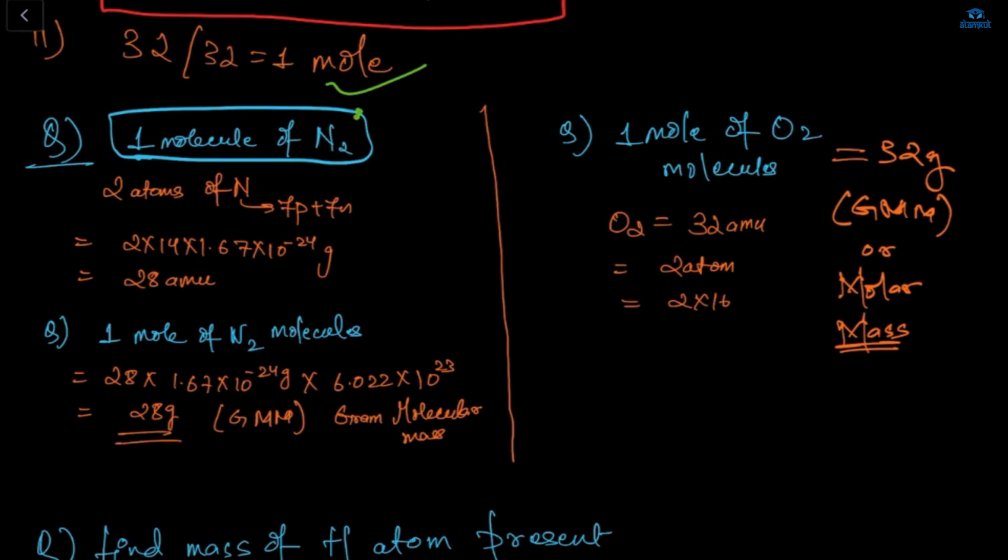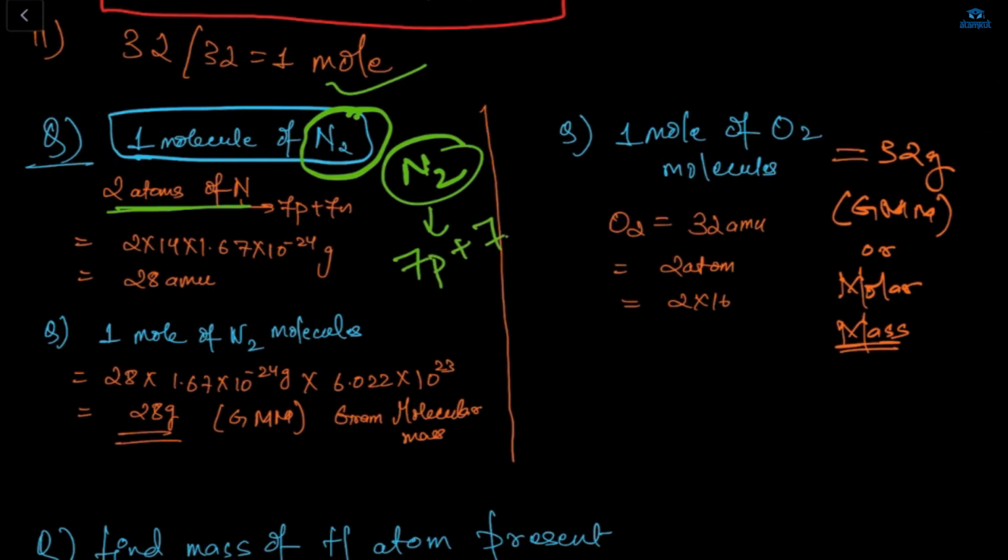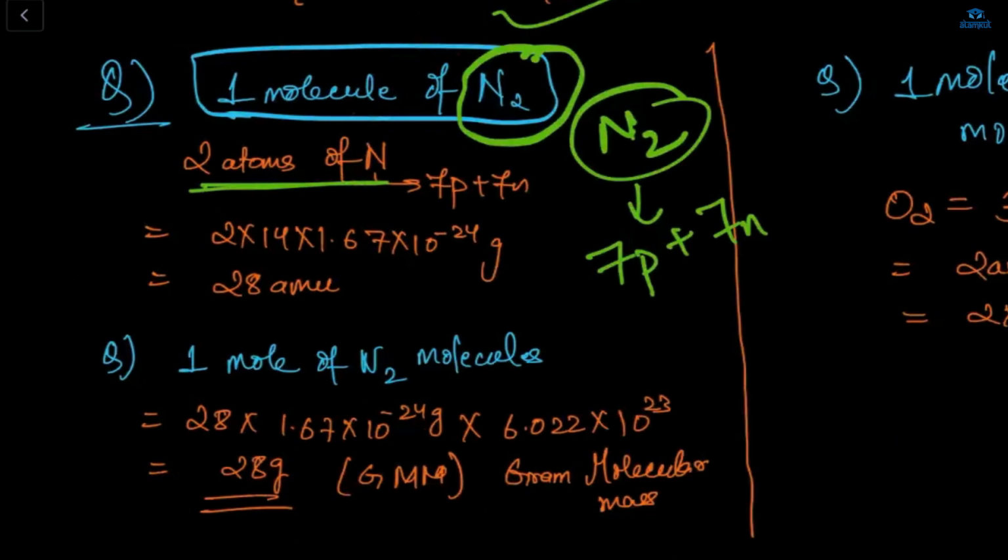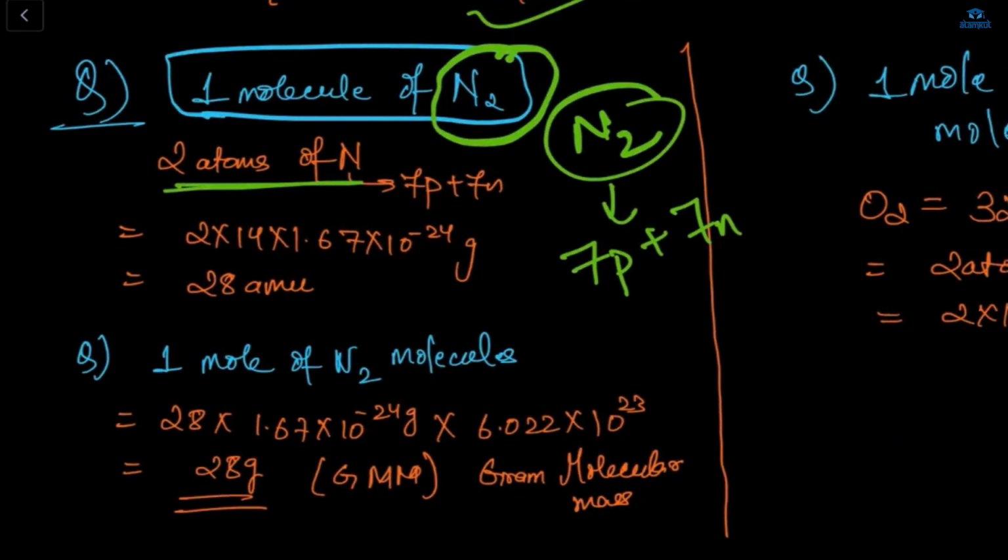So in 1 mole of nitrogen, two atoms of nitrogen are present. In N2, how many atoms are present? Two atoms of nitrogen are present, and nitrogen has atomic number 7. So 7 protons and 7 neutrons. We will not consider the electron because the mass is very small. So here two atoms of nitrogen are present in this N2 molecule. So it will be 2, and this 7 plus 7 which is 14, and the P and N